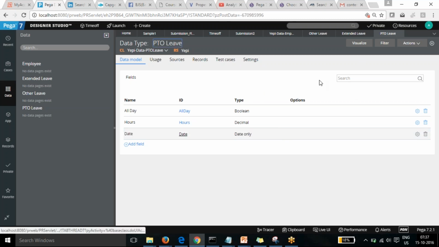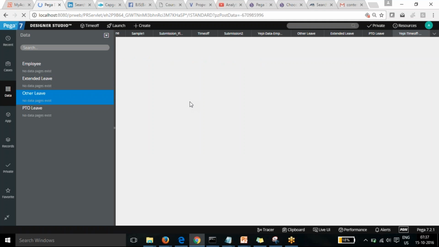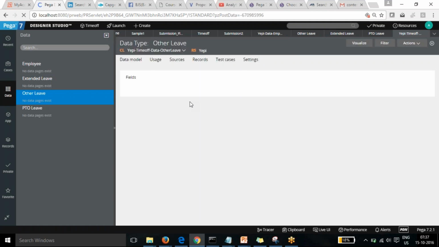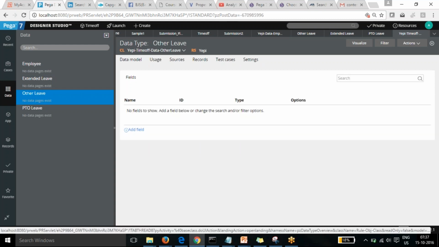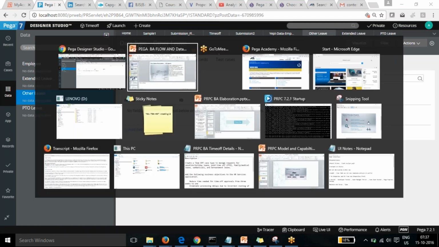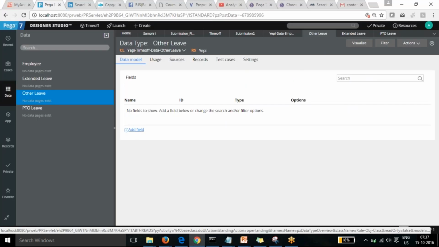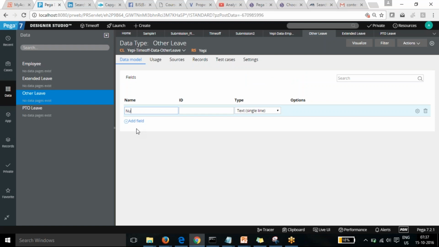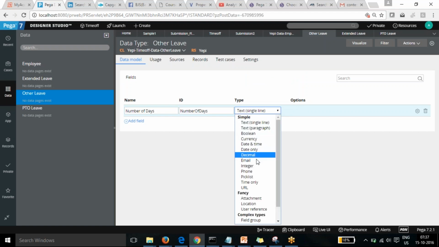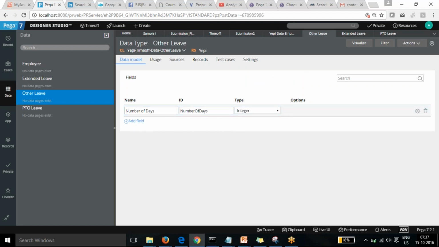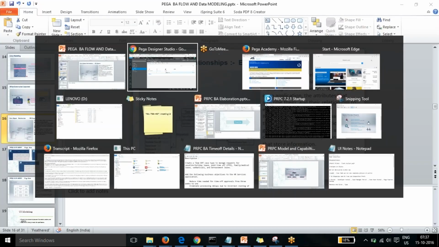Okay, so that's the fields we have created for everyone, and I think other leave was pending. In other, we need two fields, number of days and type of bereavement. So this one we are going for an integer.